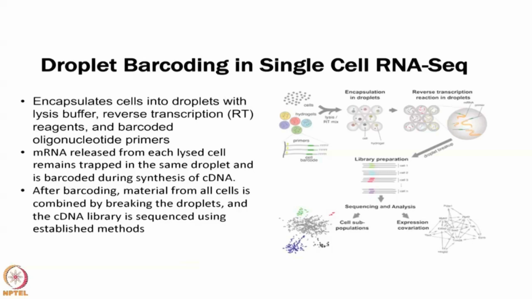And then you just break the droplet and you do the same kind of multiplexing you would do with lots of samples, you just do them with lots of cells. So then you just measure all of your RNA, and then later after you've done your RNA-seq, you can pull out each of the different cells based on the barcode. So that's currently one of the ways that people are doing single-cell RNA-seq